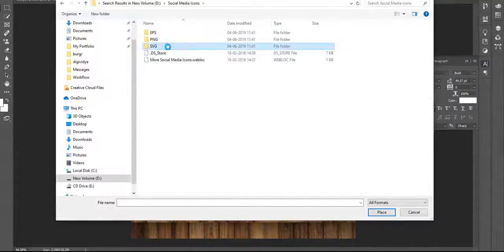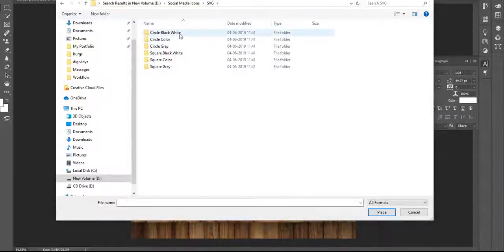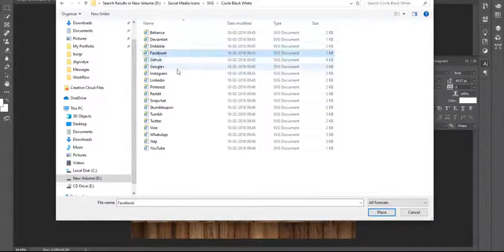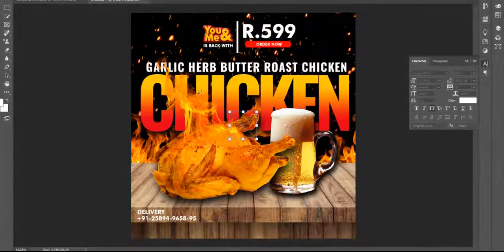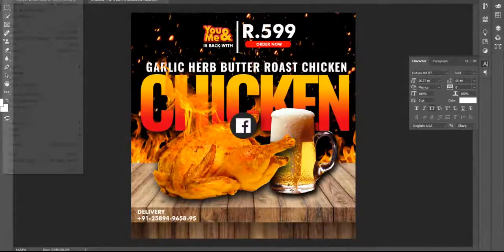I need SVG files. SVG stands for scalable vector graphics, and I need circle, black and white. Grayscale black and white is good. So I need Facebook, Instagram, and Twitter. I just download Facebook first, press enter.